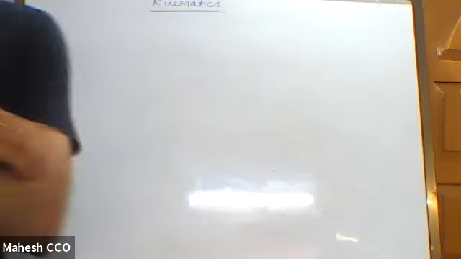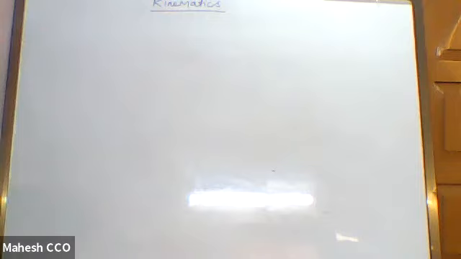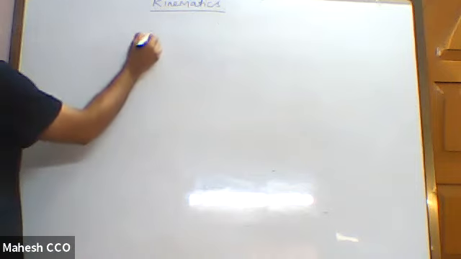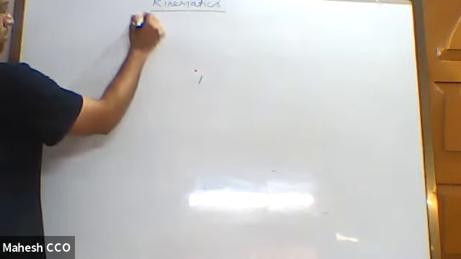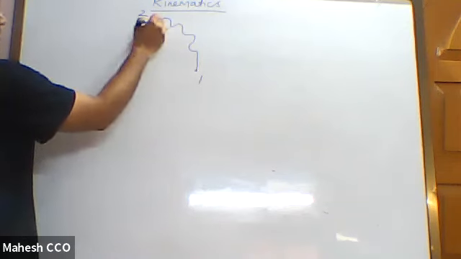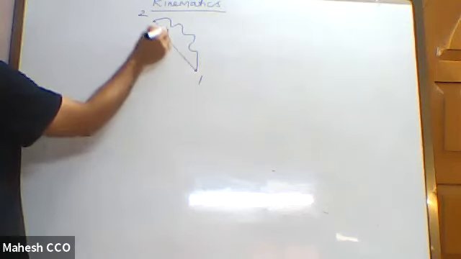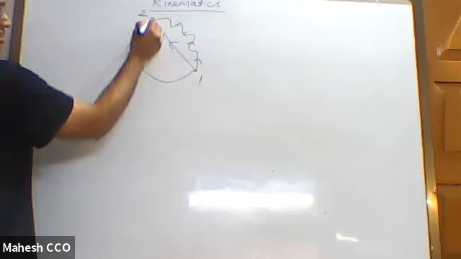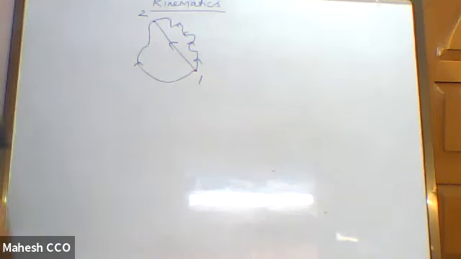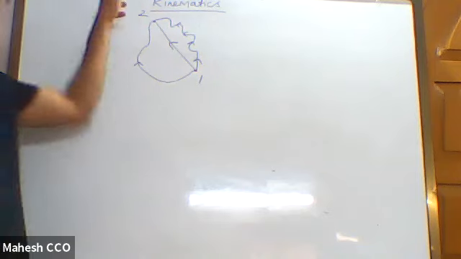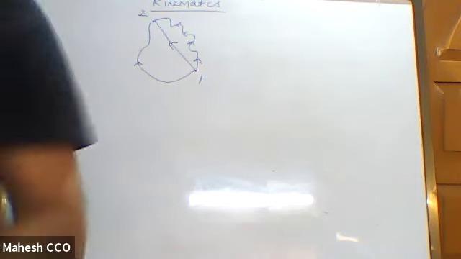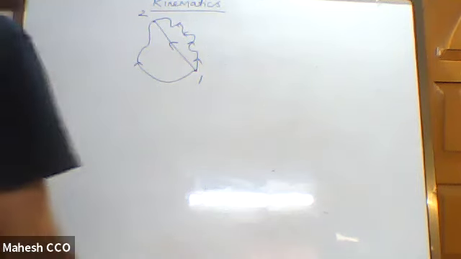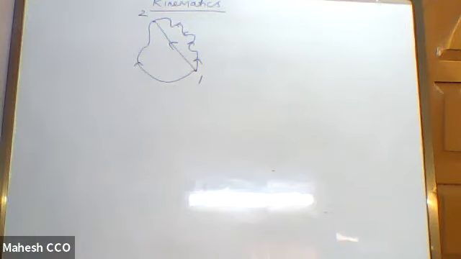Now we have to learn about distance. So what is the distance? So our objective is to go from a point 1 to a point 2. Initial and final positions are fixed. Then displacement is always fixed. However, distance can be different.